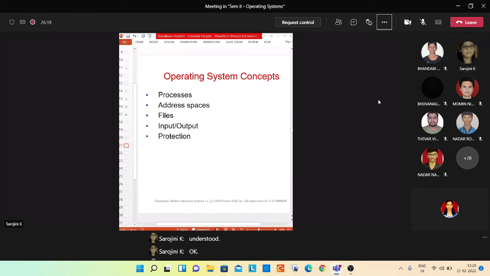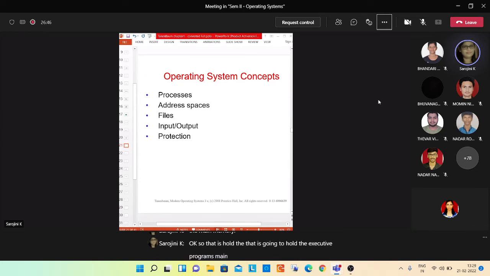So every computer has main memory. That main memory is shareable memory. Only one process will not always use the main memory. There are multi-processing systems, there are multiple processes. All the processes should be able to share the main memory, so that it is going to hold the executing programs.